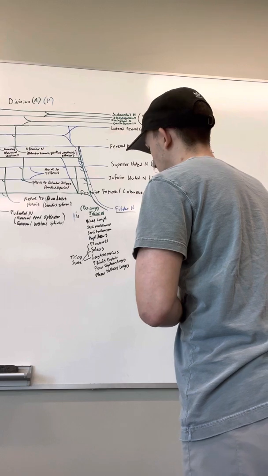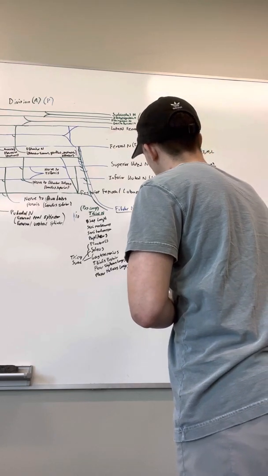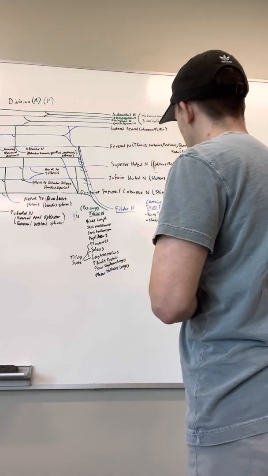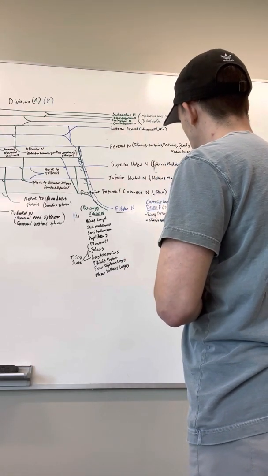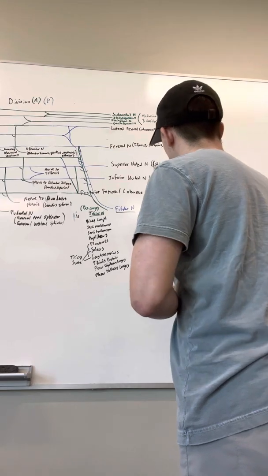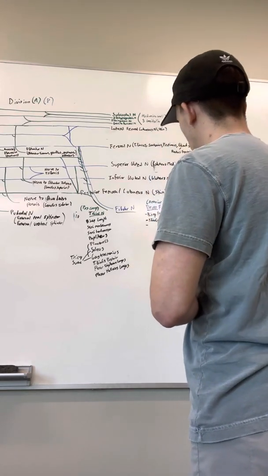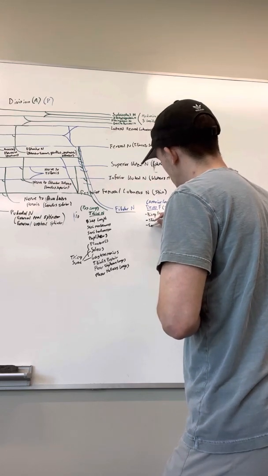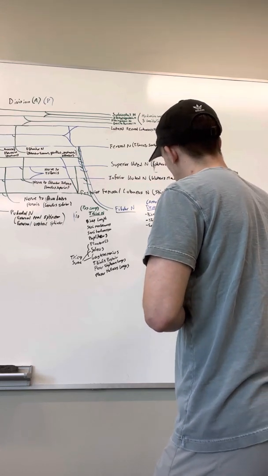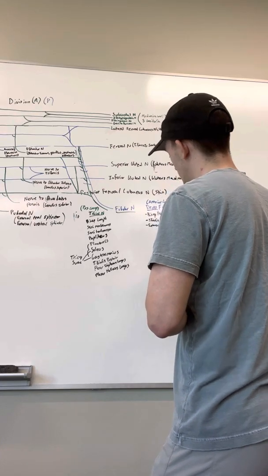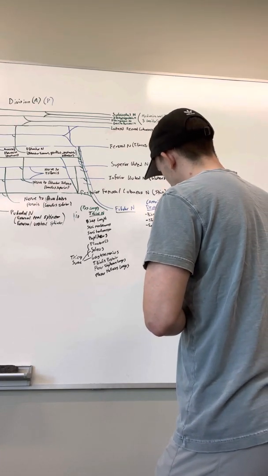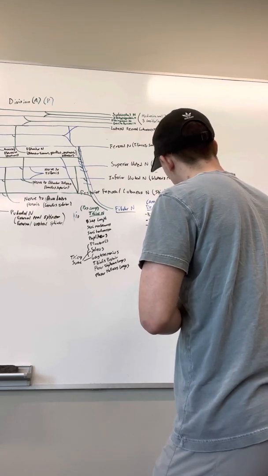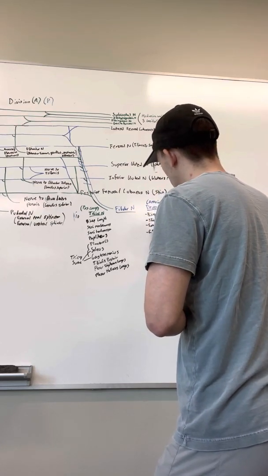Next, we have the tibialis anterior. And then we have the extensor digitorum longus,